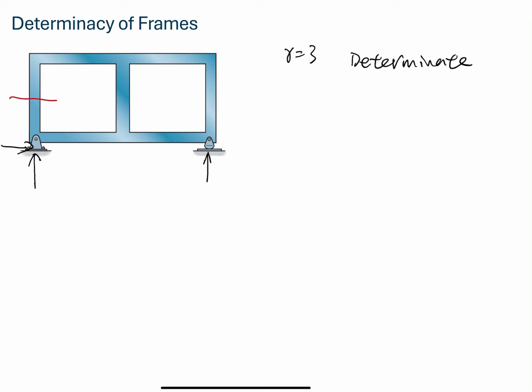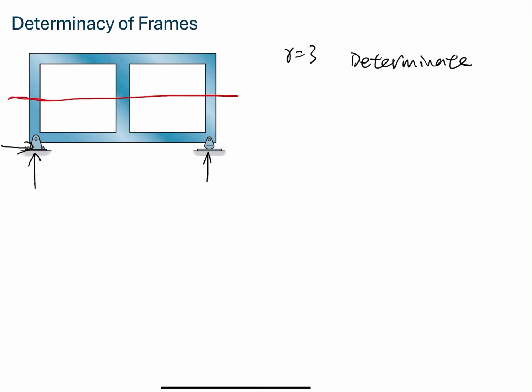So if we cut this frame at these sections, we don't know the internal force in these sections. So this is indeterminate structures. So that means our determinate structures conclusion is wrong. So how to do analysis on this determinacy of frames? So the correct method is that we need to cut